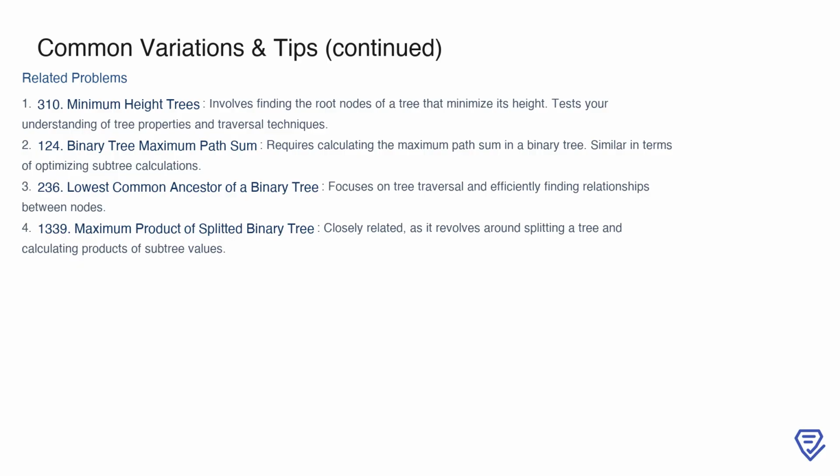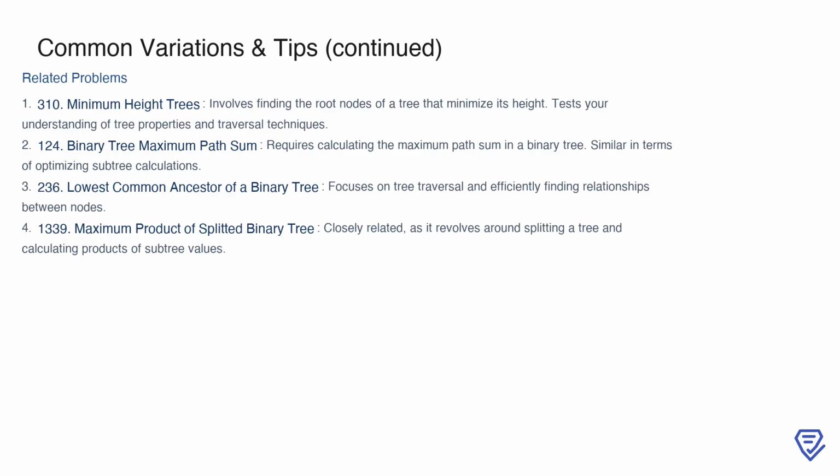Problem 236, lowest common ancestor of a binary tree, challenges you to efficiently find relationships between nodes, making it another excellent exercise for working with tree structures. Finally, problem 1339, maximum product of split binary tree, is closely related to this problem, as it also involves splitting a tree and calculating products of subtree values. Practicing these problems will not only reinforce your tree traversal skills but also give you insights into different variations of